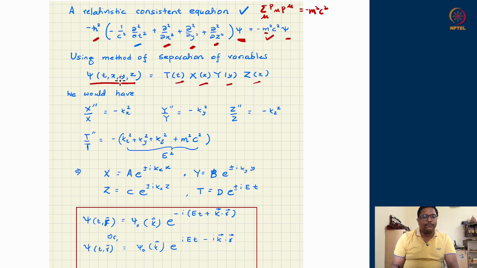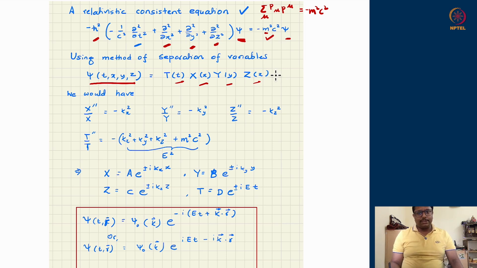So we thought of a wave function which has x dependency, y dependency, z dependency, and time dependency captured as separate product functions T, X, Y, Z. So this is what we are looking for as a basis of this equation. This is a potential solution which can satisfy this equation. And if we are familiar with the method of separation of variables from differential equation courses or mathematical methods courses, or even in electrodynamics, you might have come across exactly the same equations.